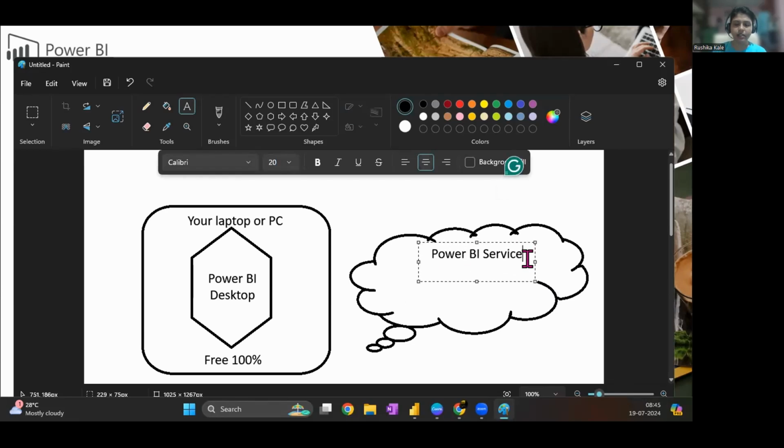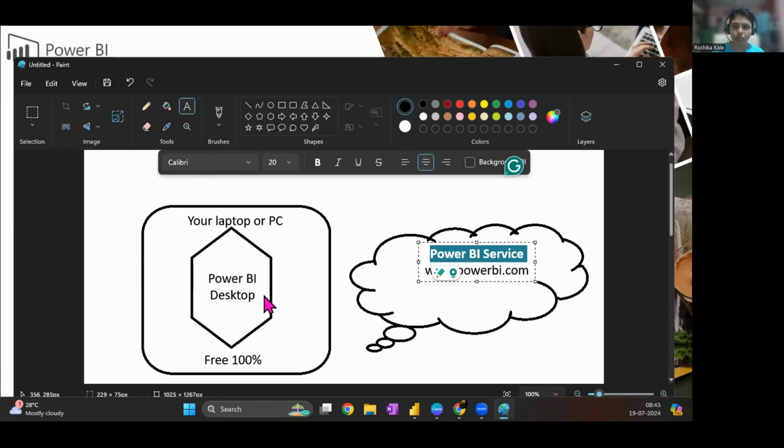It is a website with its own URL. So Power BI service is something like Google Drive. We have the local drive in our system, and we have the Google Drive where we send something on the cloud so that we can access it from any place. The same idea applies to Power BI service.